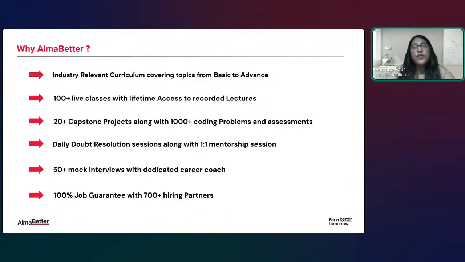Plus, we also offer you a dedicated coach here. You get a dedicated coach according to your profile. That person will prepare you with your resume building, how exactly you need to build your resume according to your profile, your past experience, your education, right? Plus, we help you out with building your portfolio, your GitHub profile, your website. We help you out with upgrading your LinkedIn profile as well. Plus, we will help you out with soft skill training, how you need to communicate, how you need to present yourself in interview here. Then we will also help you out with mock interviews.